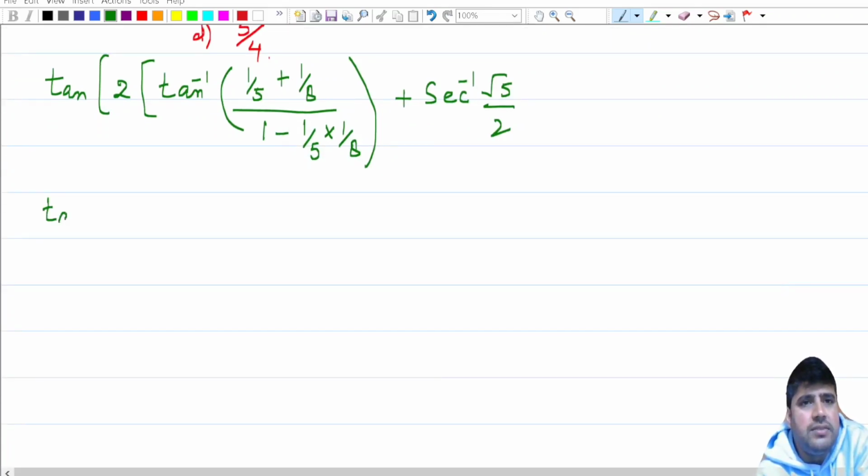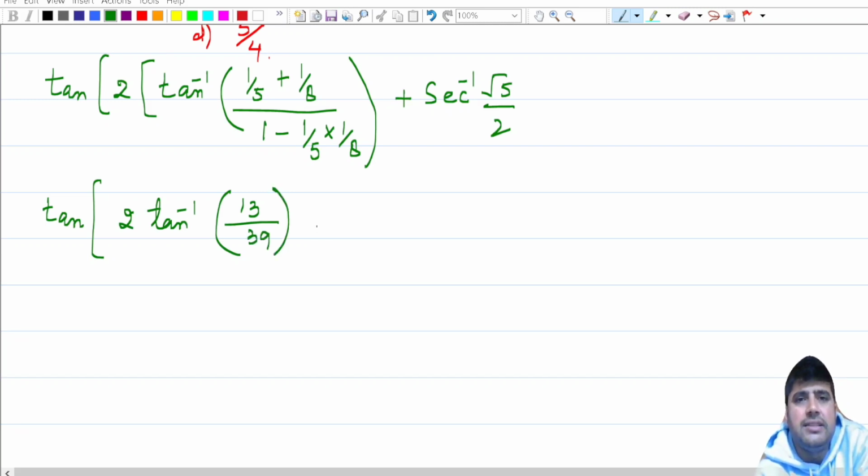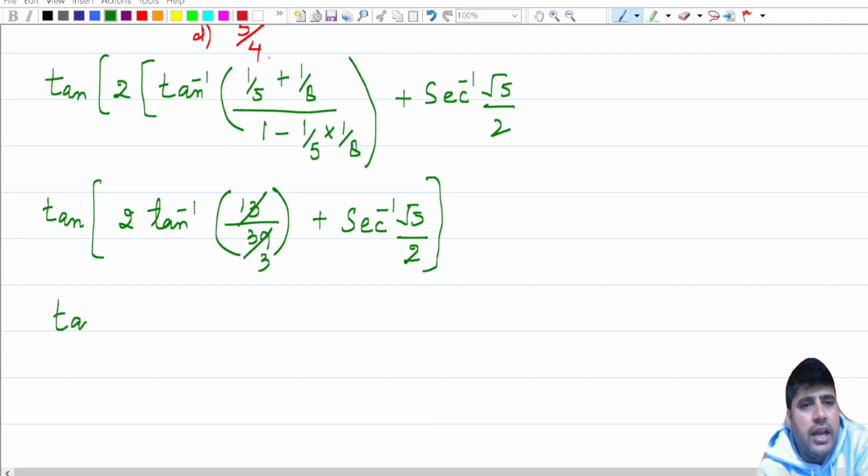Okay, moving further, this will be equal to tan of 2 times tan inverse of... this will be equal to 8 plus 5, that's 13, divided by 8 5s are 40, keeping that on hold, 8 5s are 40 minus 1, that's equal to 39 by 40, so that 40 will be cancelled out, plus sec inverse of root 5 divided by 2. Okay, moving further, this will be 13 into 3, 13 3s are 39,